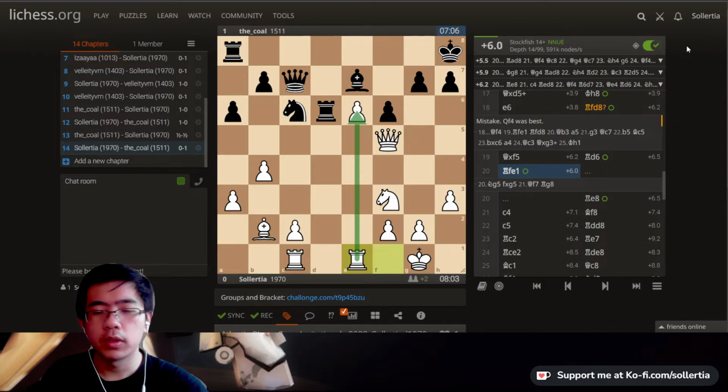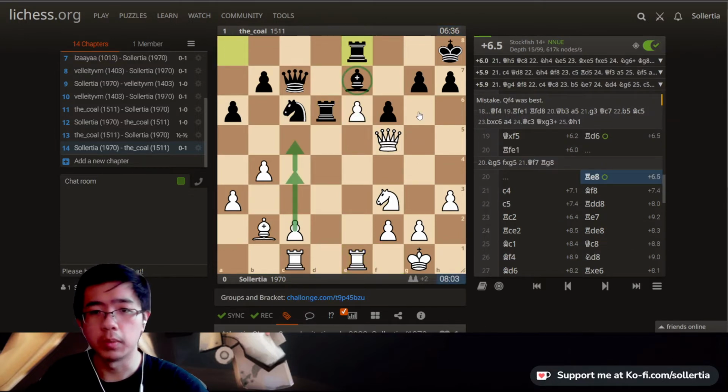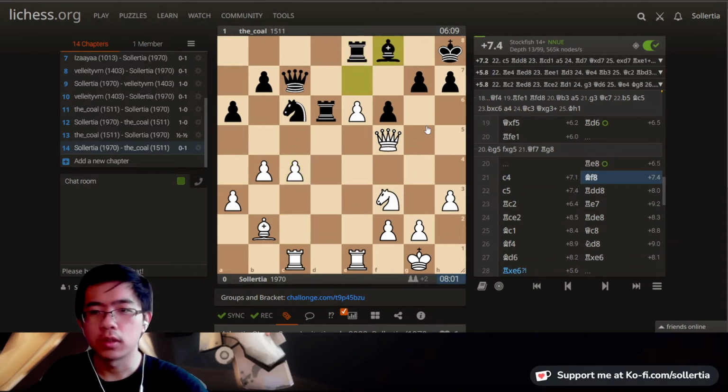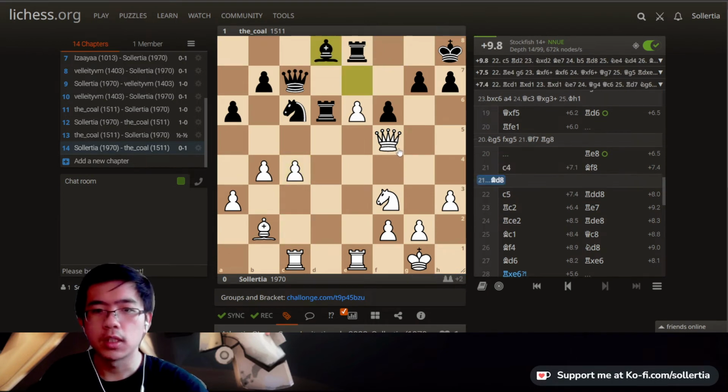But even afterwards, I was still completely winning with this passed pawn over here, so I decided to keep this. And at every point, I still kept looking at this knight to g5 move. It's a bit too greedy, I don't even know what I'm doing. But c4 here again. If bishop to d8 instead, I don't think this still works, but